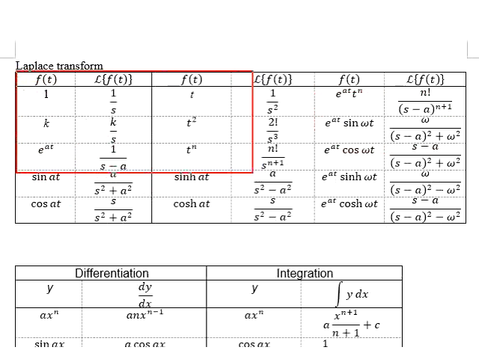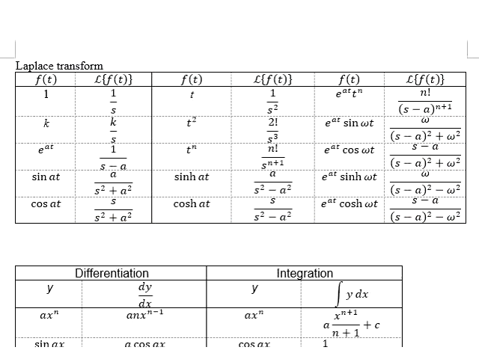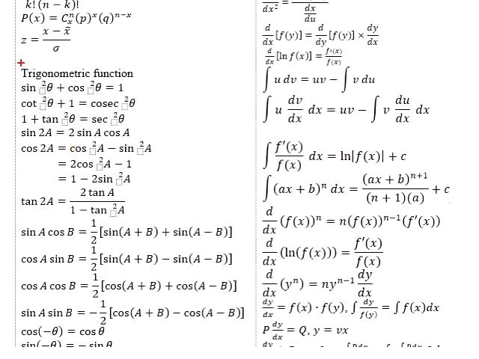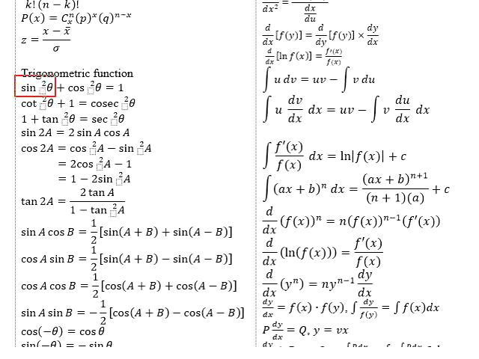From the list of formulas in the tables of Laplace transform, we know that there is no formula for sine squared t. However, we have the Laplace transform of sine or cos itself. That means if we want to do the Laplace transform of sine squared t, we will have to reduce the power. With that, you will need to refer to the common functions of trigonometry. Find whichever functions having sine squared,